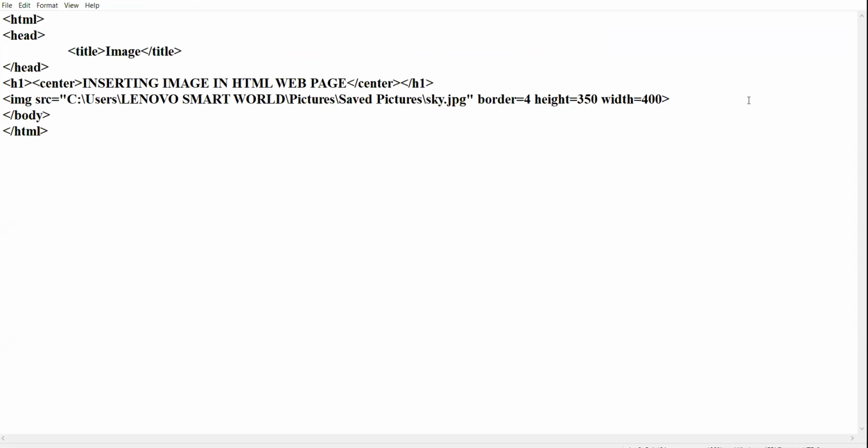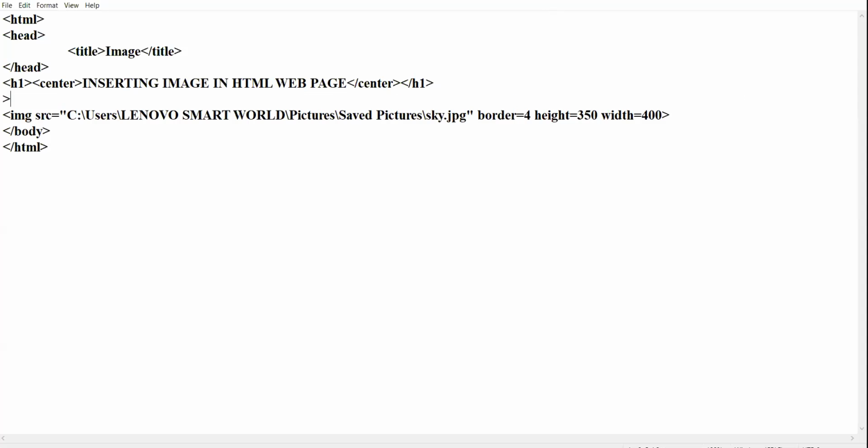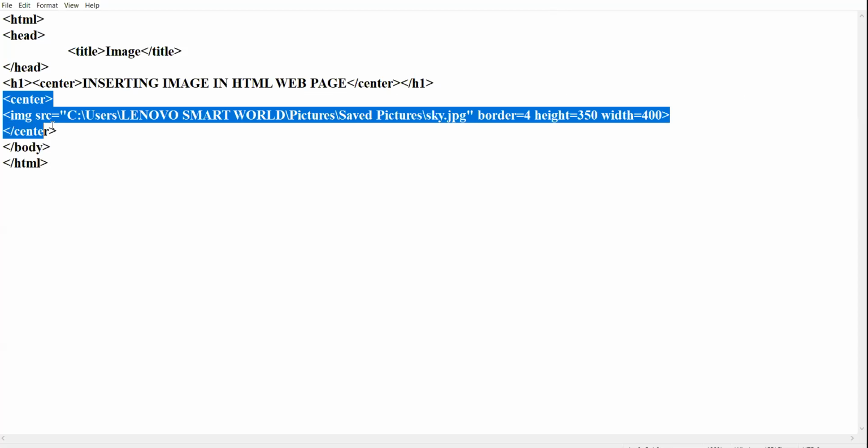Then what is the solution by which we can bring our image to the center of the web page? The solution is only and only one. You have to take the center tag separately in order to insert your image in the center of the web page. This is the only solution you have.